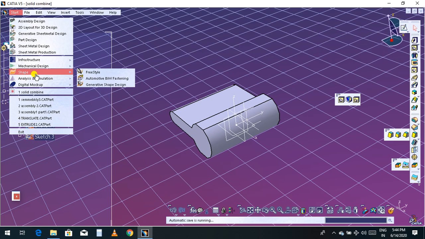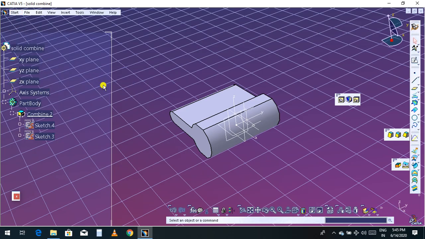You can see Generative Shape Design. So you just go to Shape and you will find Generative Shape Design. Once you click Generative Shape Design, you will get the plane icon on the right side.